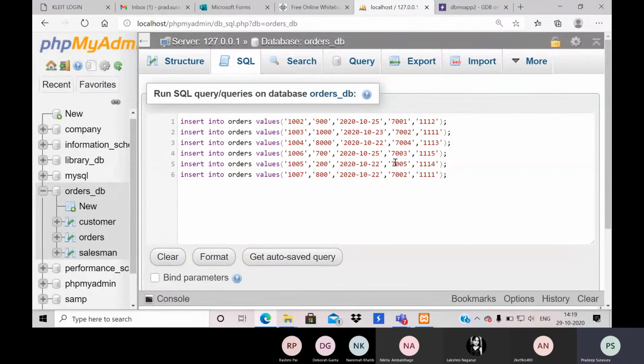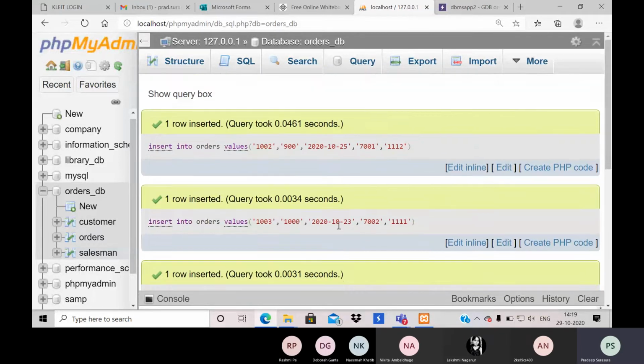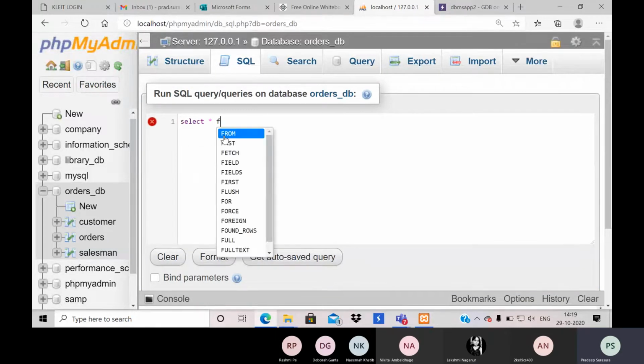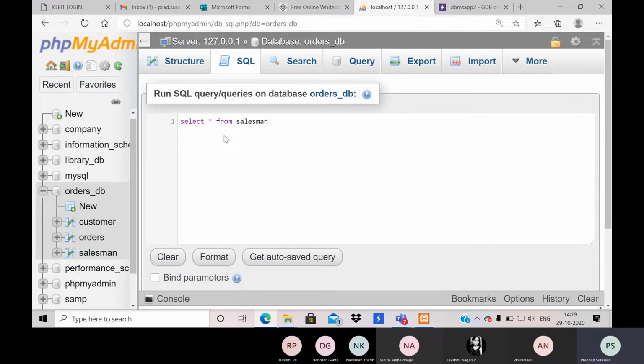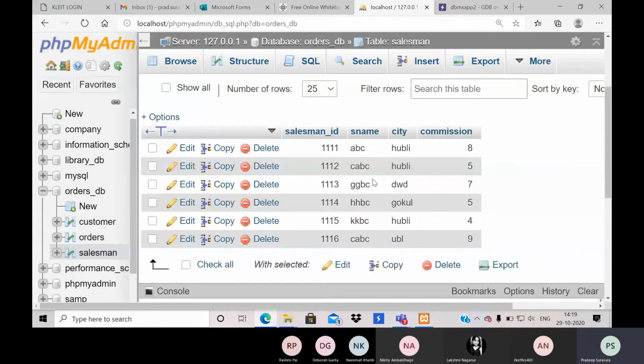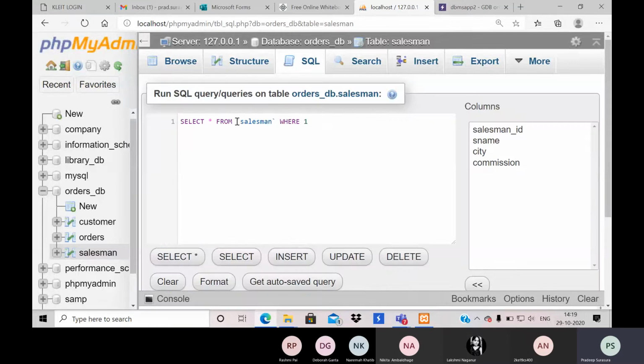Let me add some additional values. Okay, all are done as of now. So let me try to display each individual record. So let's start from, say, first is sales. So this is the salesman records. Same way, if I try to display customer,